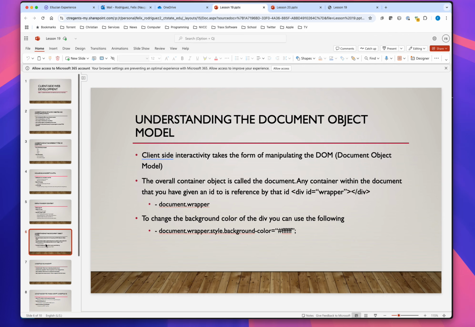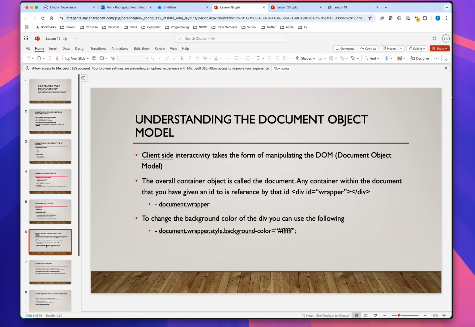We'll abbreviate document object model as DOM because it's easier to say. So whenever I say DOM, I'm referring to the document object model. The overall container object is called the document. So that's why you always do that document.write. And any container within the document that you've given an ID is referenced